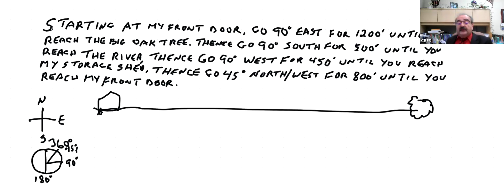So my next step, I need to go south, 90 degrees south. So I'm facing the oak tree. 90 degrees south is going straight down till I reach the river. So going straight down till I reach the river over here. Now I'm facing the river. My next step says I need to go